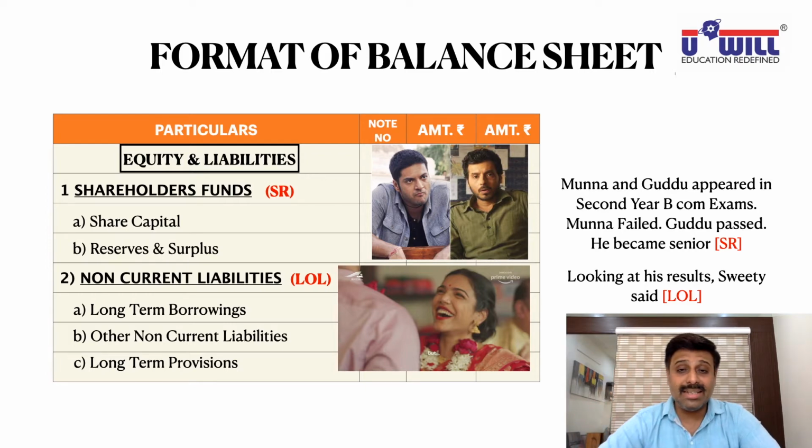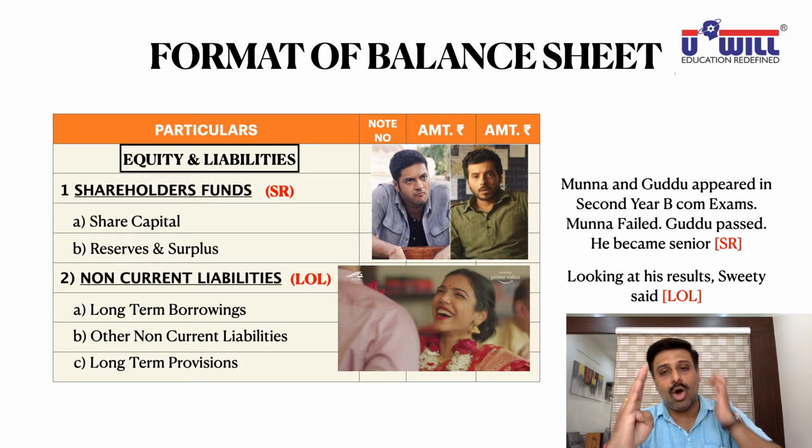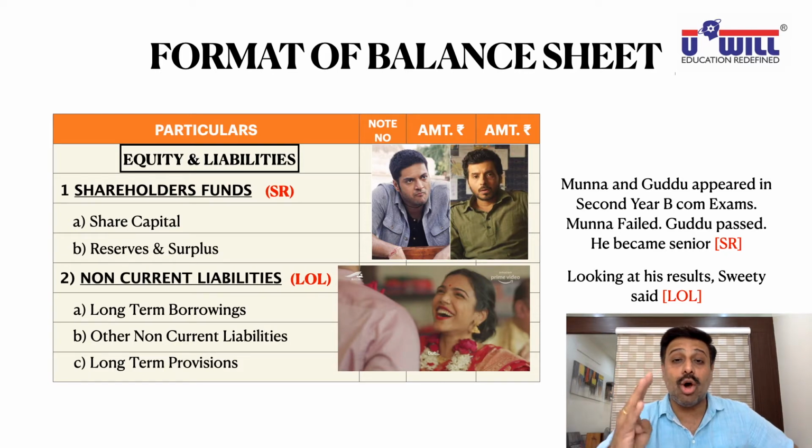Now let us understand these contents also in detail, like share capital and reserves and surplus. Long-term borrowings will include all the amounts borrowed for long period of time, like debentures. You can write in bracket the example: debentures, public deposits, bank loans, bonds. These all are money borrowed for long period of time. They all will come in long-term borrowings.